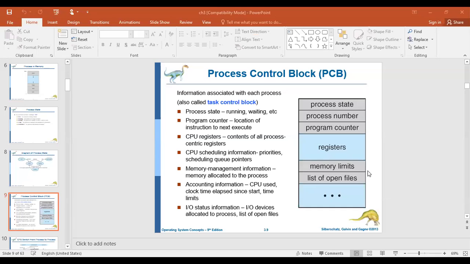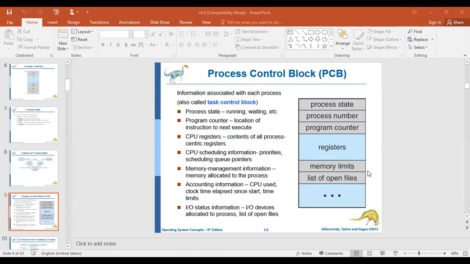Instruction means a particular line in your program, the first line in your program. You can imagine it like that. It is an instruction, okay? Because program means a set of instructions. A set of instructions means each and every line in a program you can consider as an instruction. Okay, so for each and every line, the address will be stored in the program counter in order to execute it on the CPU.